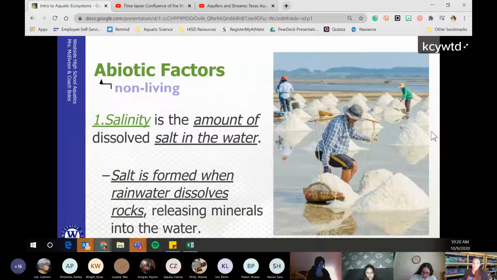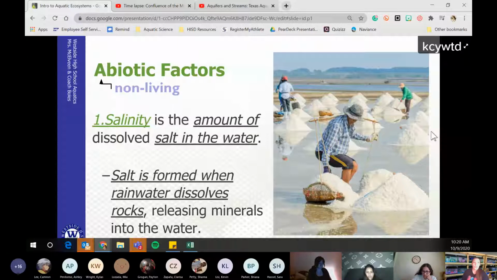Is it supersaturated salt water like the Dead Sea? And anything that goes into the Dead Sea can't support life because it's too salty. But if you go to the Dead Sea, all you're going to do is float because there's so much salt in the water. It changes its density and it allows a lot of things to float on top of it. It's pretty cool. Never been there, but it'd be cool to go to.